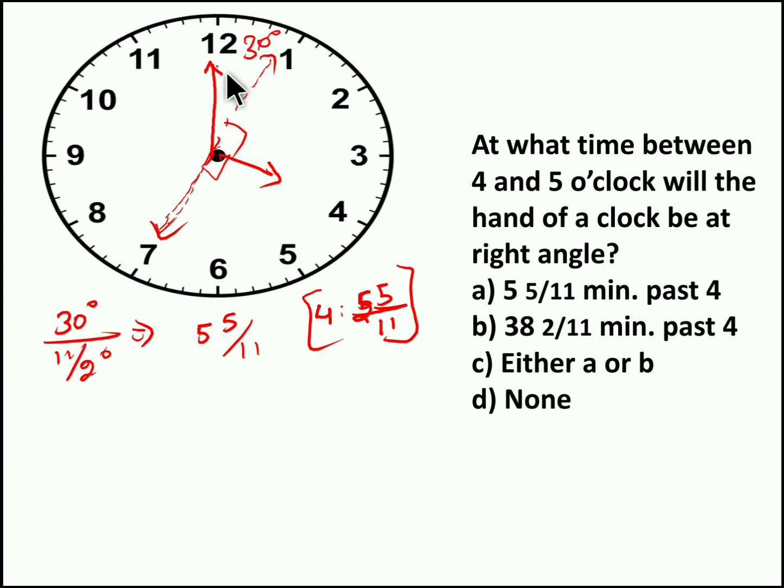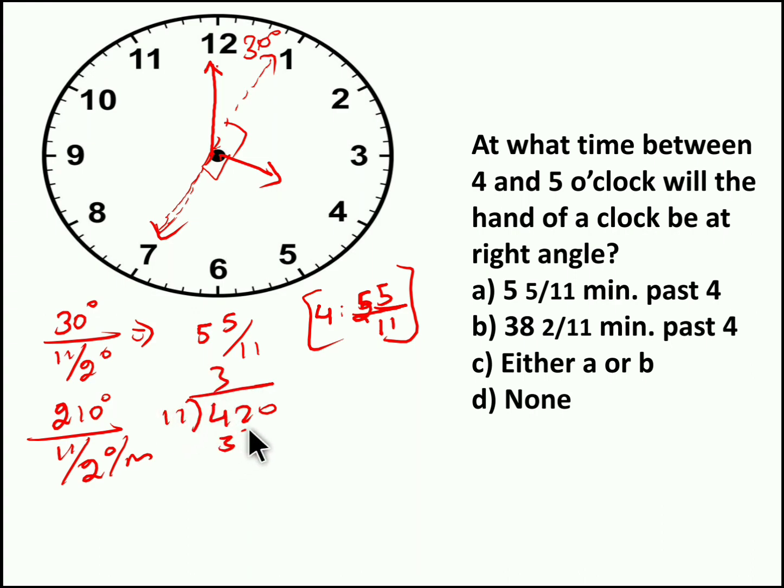To make a second right angle, this minute needle has to move how many degrees? One subdivision is 30 degrees, and 7 subdivisions is 210 degrees. So this 210 degrees will be covered by relative speed 11 by 2 degrees per minute. So when we solve it, we get 420 by 11.